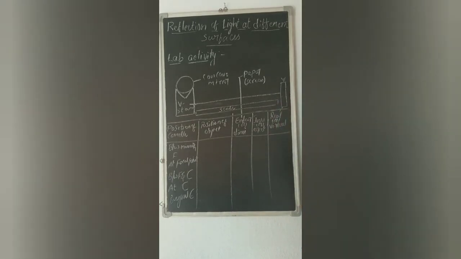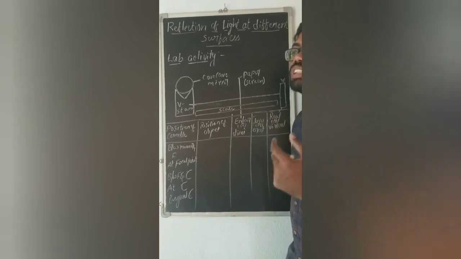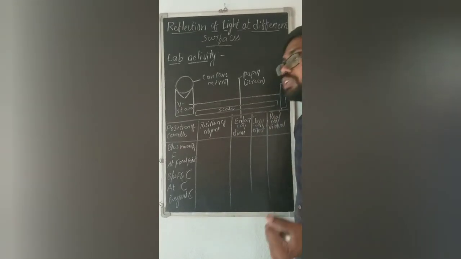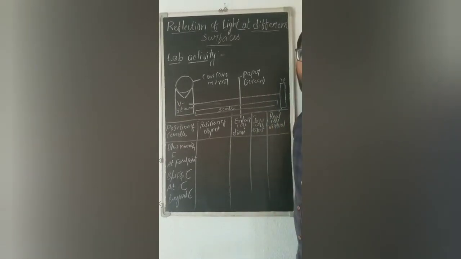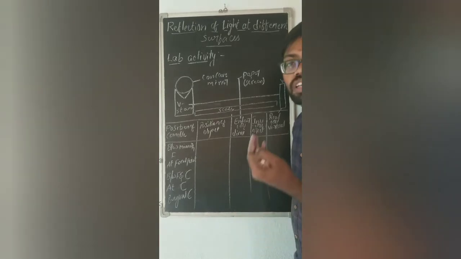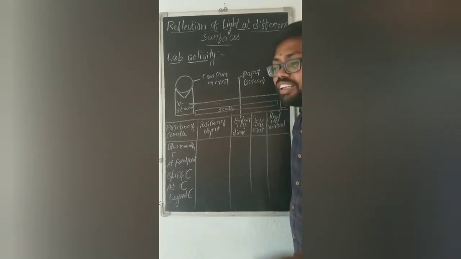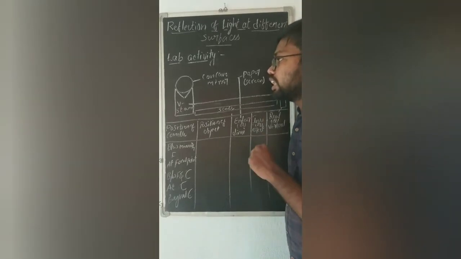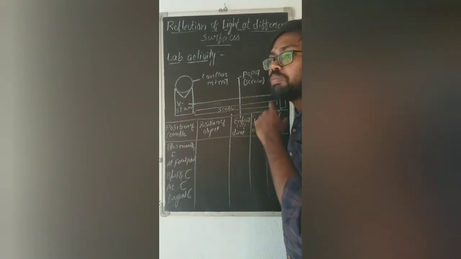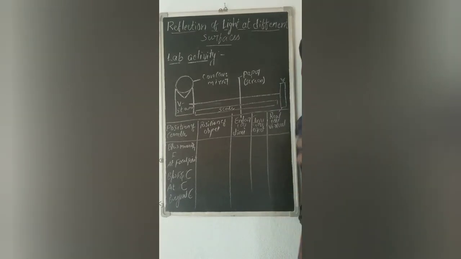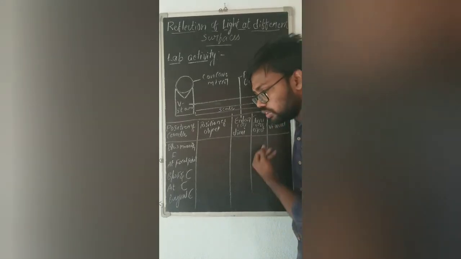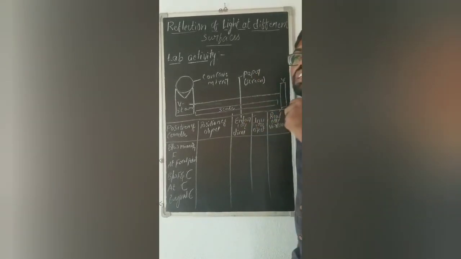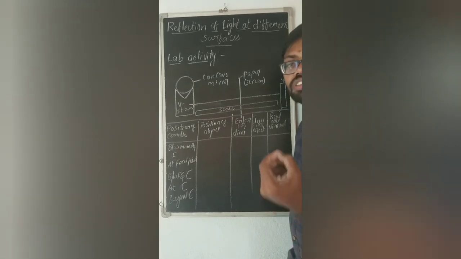Okay, and in next class we are going to discuss about image formation at concave mirror and image formation at convex mirror, and mirror formulas, and finally magnification. All these we will discuss in next class, and we will conclude the topic by the end of that class. Okay, so go through it, and once again just revise all the activities from 1 to 5, and once again just raise some doubts. If you have any doubts, I will clarify your doubts.